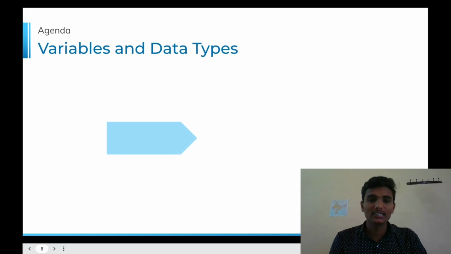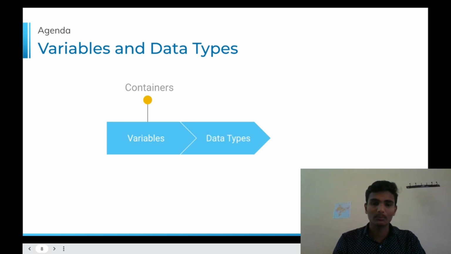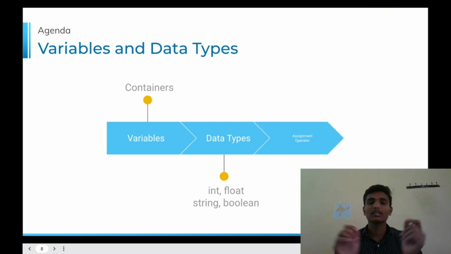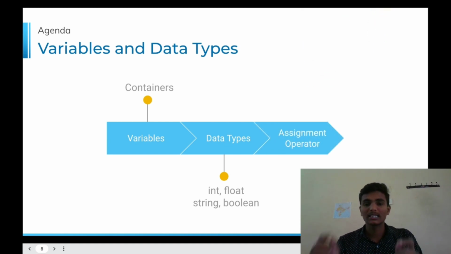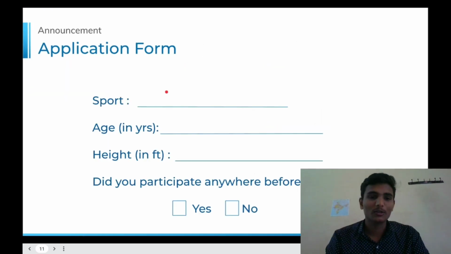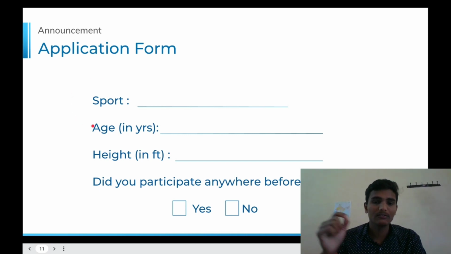We are going to discuss what variables are and why variables are called containers, how many types of data types there are and how they are used in Python, why we use the assignment operator to link variables and data types, and what the uses of these operators are. So here one association form is there, like sports, age, height, did you participate anywhere before,